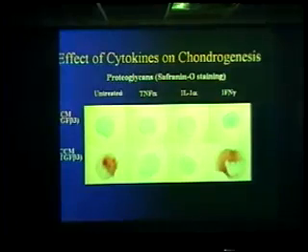You can see that here again looking at the histological stains. This shows control cultures with TGF-beta3. This shows the same cultures but in the presence of TNF-alpha or IL-1. You see a loss of chondrogenic activity. Interferon gamma doesn't have any effect on the chondrogenic activity of these cells. So we're beginning to see